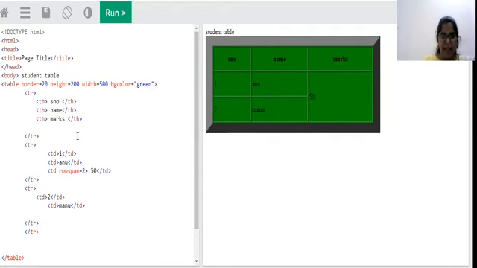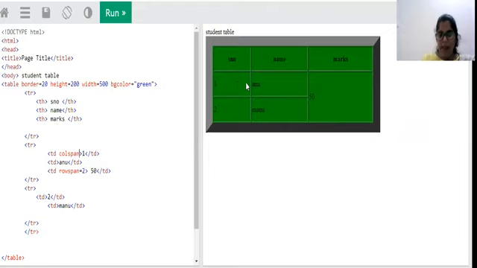So let us see the next one, colspan. Suppose there is a situation that you need to combine two columns. In the same manner as the combination of two rows, if there is a scenario where we are supposed to combine two columns, then that can be done with the help of colspan. That is also used in the data itself. So if I want to combine these two columns for the first year, I'm going to mention here colspan.